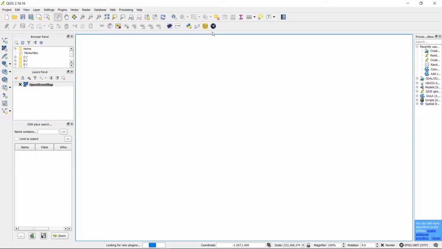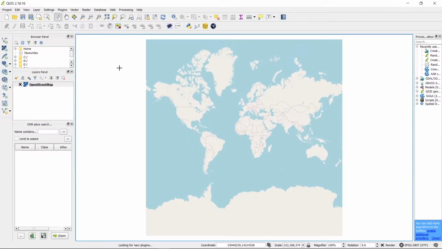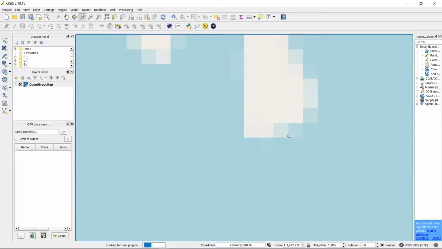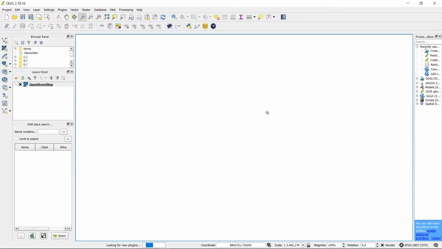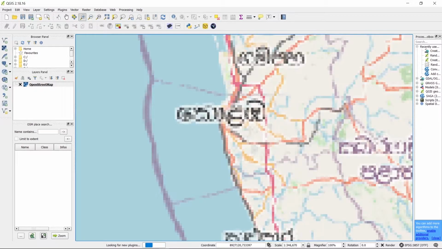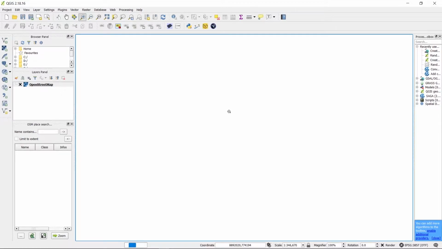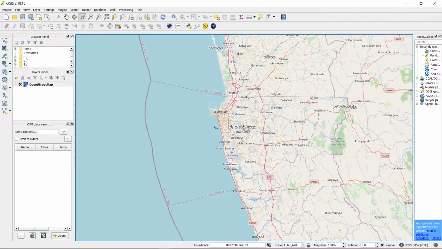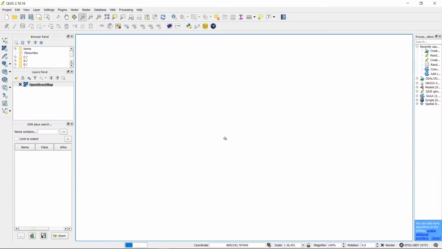Right, it will take a few seconds or minutes to load the map. Then zoom into the location that you need Google Street View images for. So what we are going to do is the first stage of the framework, extract OSM data from OpenStreetMap.